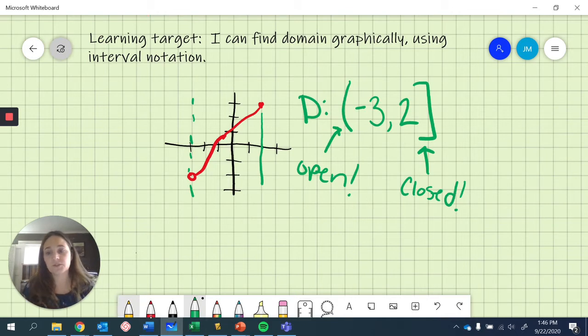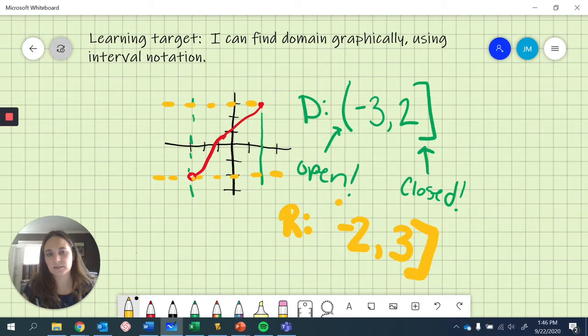I do want to do the range as well to remind you. The range is from the bottom to the top. So our range is from the lowest point, which is -2, to the highest point, which is 3. Again, we're still going to do a parenthesis for the -2 because of the open circle. We're not including it, and a bracket for the closed circle. So we are going to move on